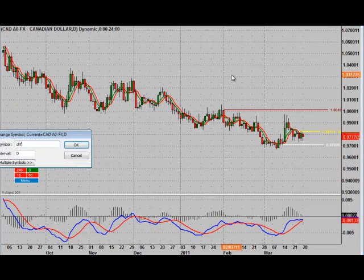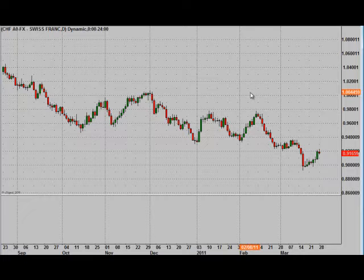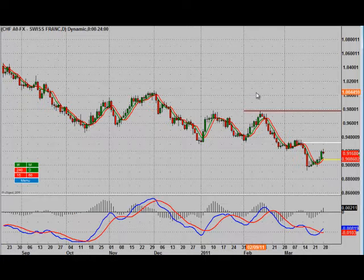Next market's going to be dollar Swiss. Dollar Swiss is still the flight to quality market. Money continues to go into the Swissy. Overall, anytime there's trouble, it's going to go into the Swissy. Now, you had a pretty good dollar rally on Friday, and not that big of a surprise because we